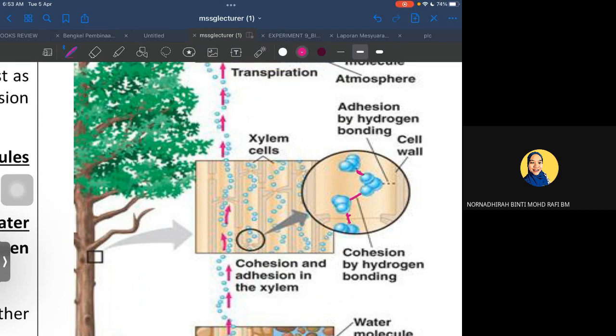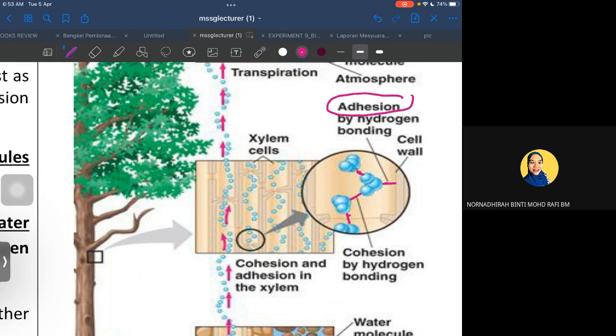Okay, cohesion yang hasil because of the hydrogen. Okay, and then selain tu juga dalam xylem ni juga ada adhesion. Okay, adhesion force yang mana adhesion ni adalah force yang menyebabkan force between water molecule and other non-molecule